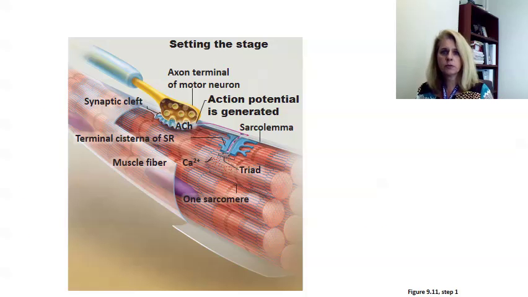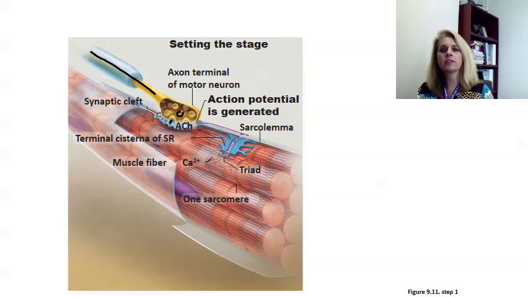So just to briefly remind you of where we are, we had an action potential come down the axon to the axon terminal. That caused a voltage change, which opened up calcium channels. Those calcium channels led to the release of acetylcholine. Acetylcholine then crossed the synaptic cleft to receptors where it bound. And remember, these were ligand-gated